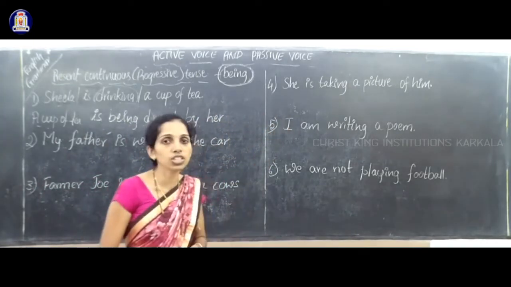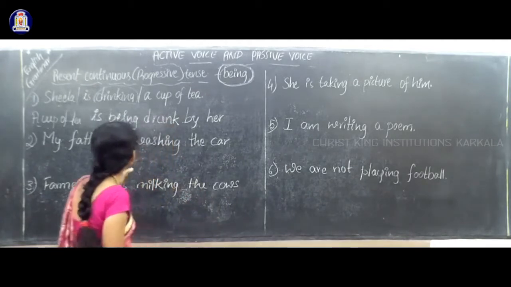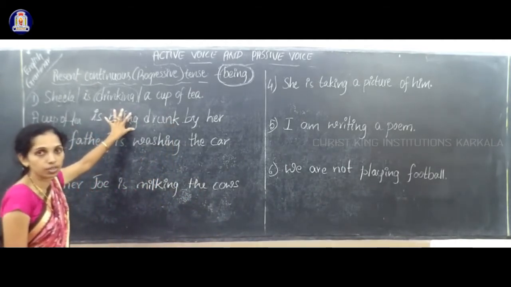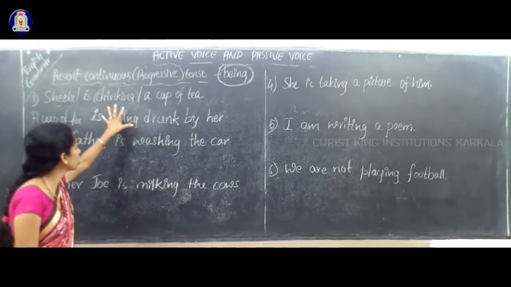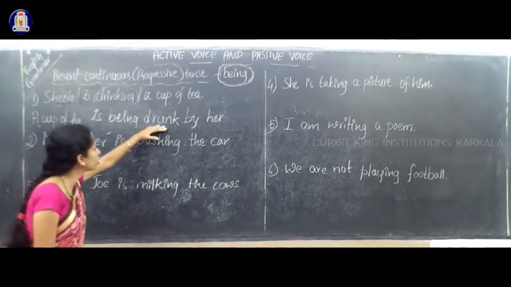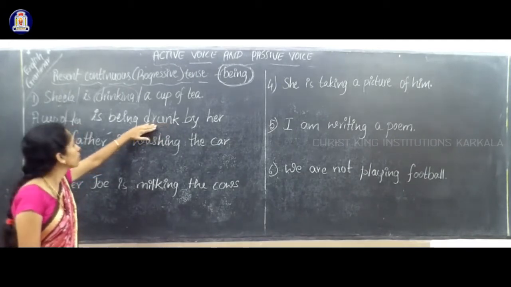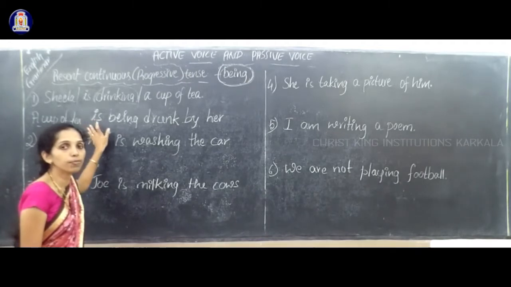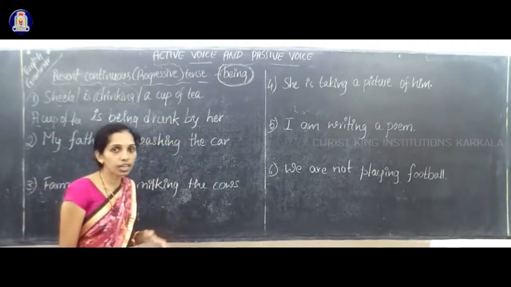When there is continuous tense, we have to use "being" as the helping word here. Think that "being" is the guest in this sentence. Always we have to place that before the main verb. Which is the main verb here? Drunk. Or you can remember that between the helping verb and the main verb you have to use "being".